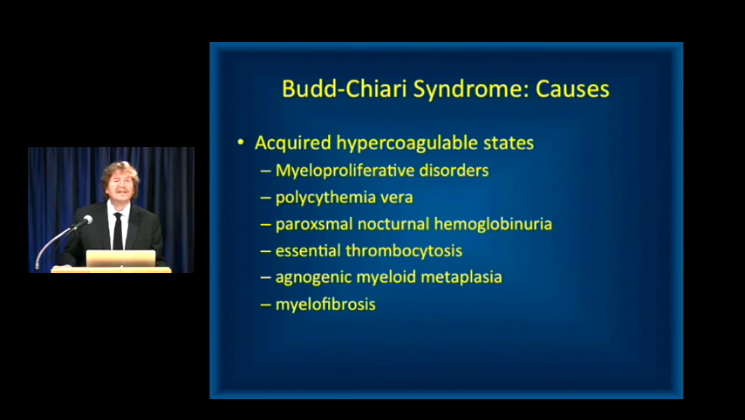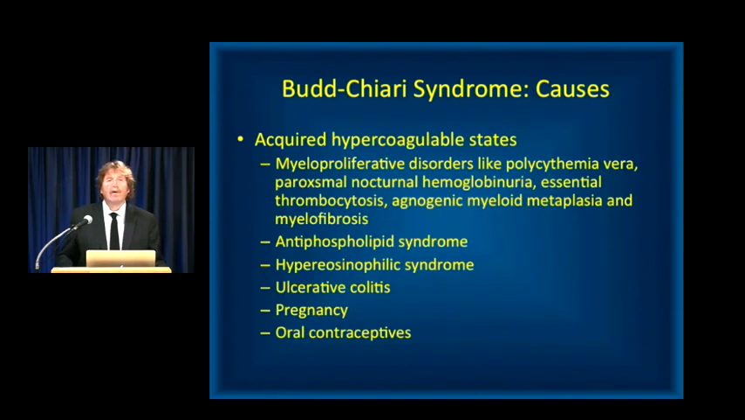You also can see it from acquired hypercoagulability states. Think polycythemia vera, think myelofibrosis as two examples, or PNH as the third example. It could also be due to acquired hypercoagulability states. Again, polycythemia vera, antiphospholipid syndrome are two things you need to think about. You can also see it in ulcerative colitis as well as in pregnancy, and it's one of the complications of